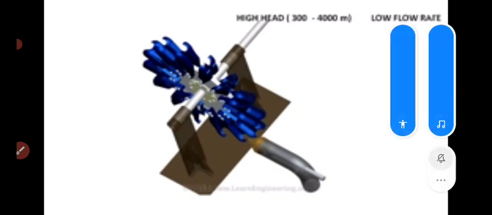Pelton turbines are suitable when water energy is available at high head and low flow rate. Working of Pelton turbine is simple. A high-speed water jet is ejected through a nozzle. When this jet hits the buckets of the Pelton wheel, it induces an impulsive force. This force makes the turbine rotate. In short, the Pelton turbine transforms kinetic energy of the water jet to rotational energy. The rotating shaft runs a generator and produces electricity.